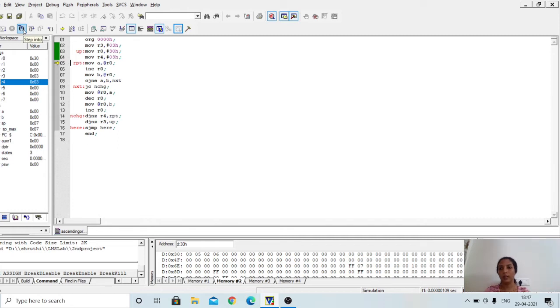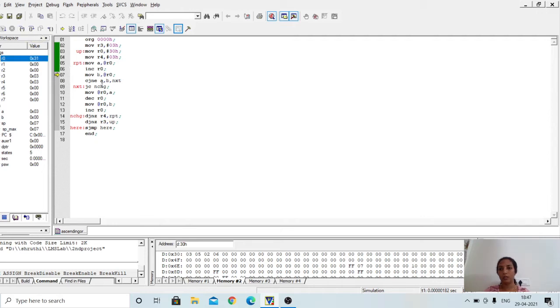Next, the content at R0 register is first copied to accumulator register. So the content at the location pointed to by R0 register is copied to accumulator. So accumulator has 3 now. Next, it has to be compared with the content in the next location.